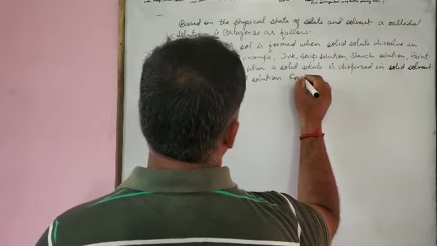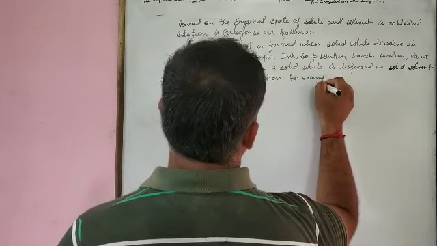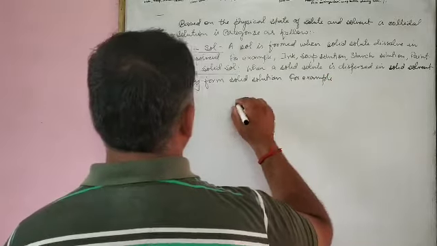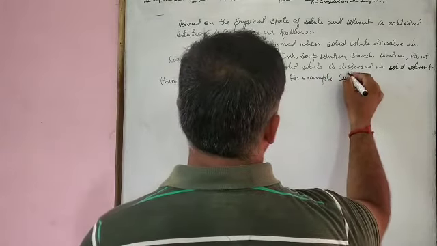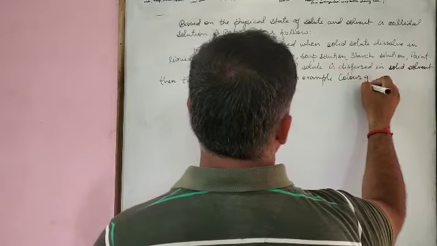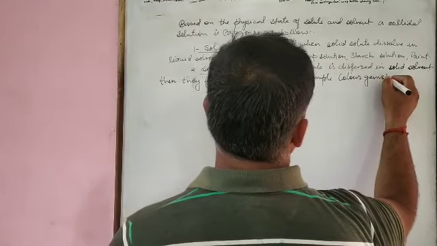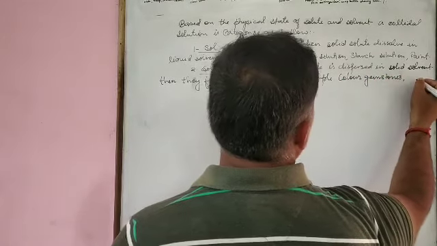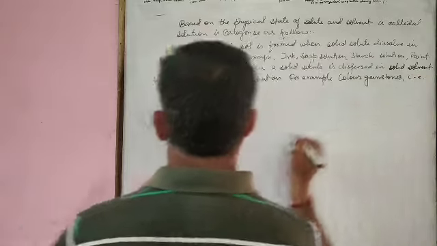For example, what we have? Colored gemstones, that is ruby,